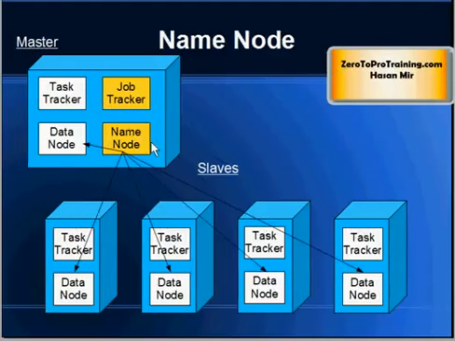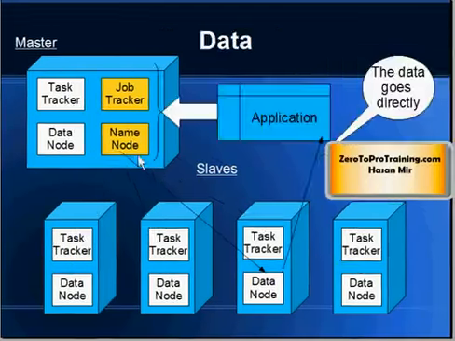And the name node running on the master computer or master node is responsible to keep an index of which data is residing on which data node. So when the application contacts the name node, it tells the application go to this particular computer to get your data. So it has all the index. The name node tells the application where the data is residing, then it goes directly to that node and will get the data directly from that node. So the application is not dependent on the name node to give the data back. It goes and gets the data directly, but it has to know where it is residing.